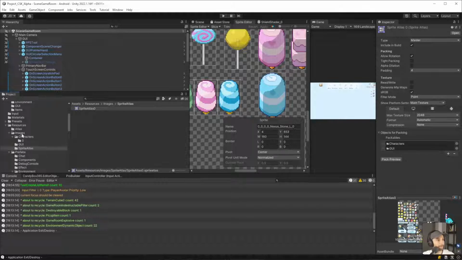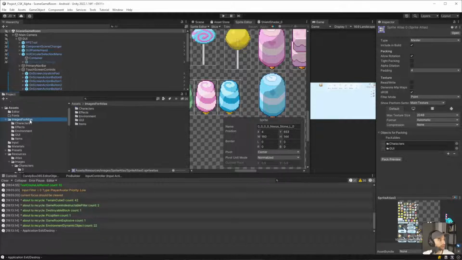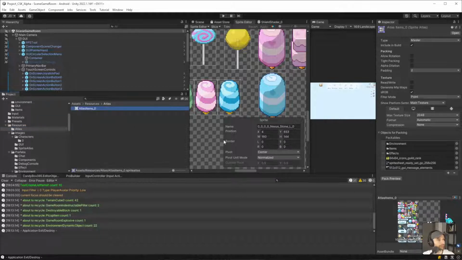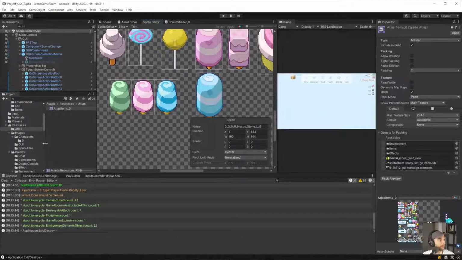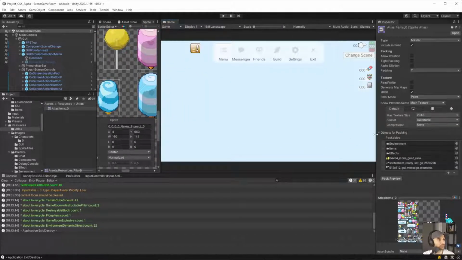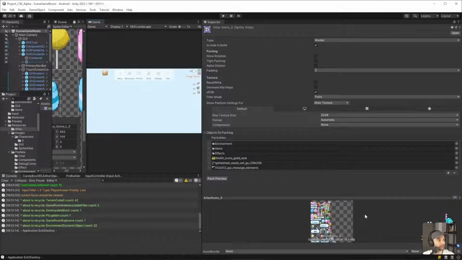Interesting. Okay, maybe not. So images for atlas, but where's my actual atlas though? There we go. That's the atlas I was thinking of. Okay, so I forgot. I guess maybe I didn't consolidate those, but this is my atlas.